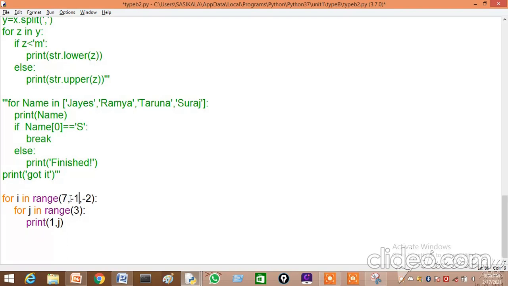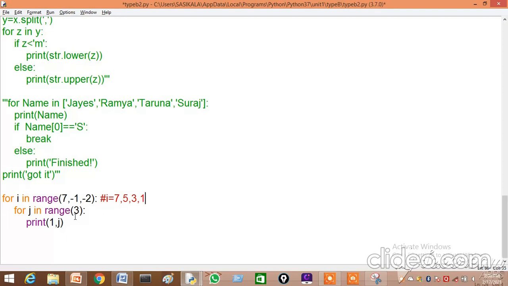If I make minor changes, 7 and -1, it will decrement. What will be the i value? Initially 7, then -2 gives 5, -2 again gives 3, then 1. Okay, -1 won't be reached, so 4 times the loop will execute.